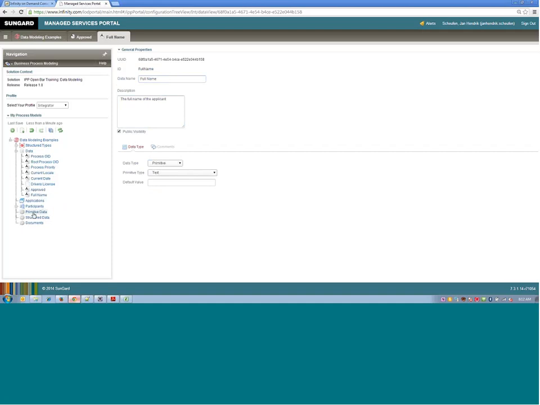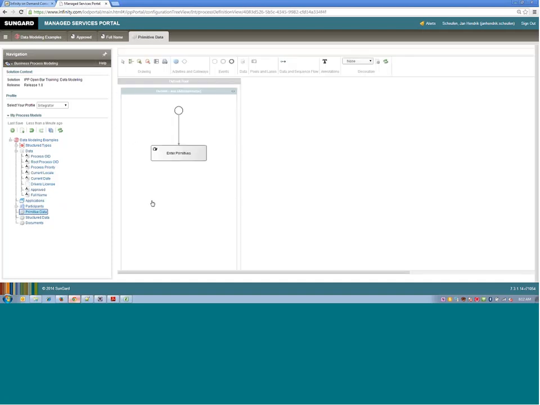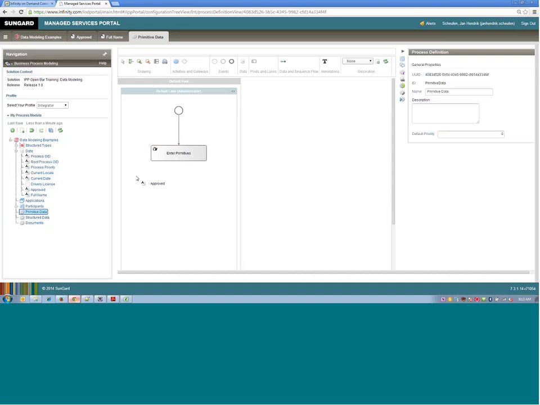To use them, let me go into my process diagram over here for primitive data, where I have just created a manual trigger and one activity where I want to use these. This is a manual activity that creates an auto-generated screen. To use data, simply drag and drop by holding with the left mouse button and drop the objects that you need in your process onto the canvas. So I have approved, I have full name,